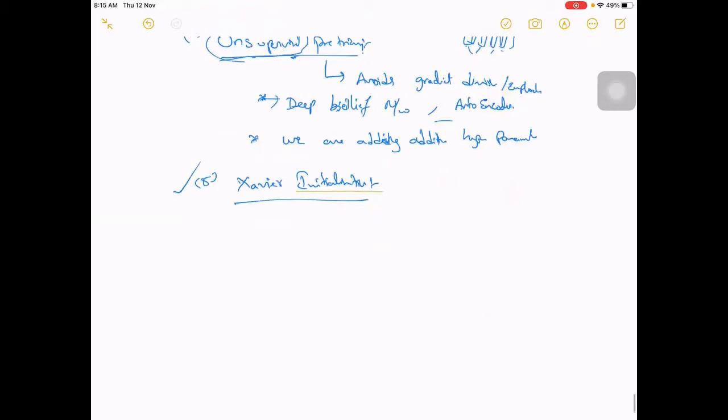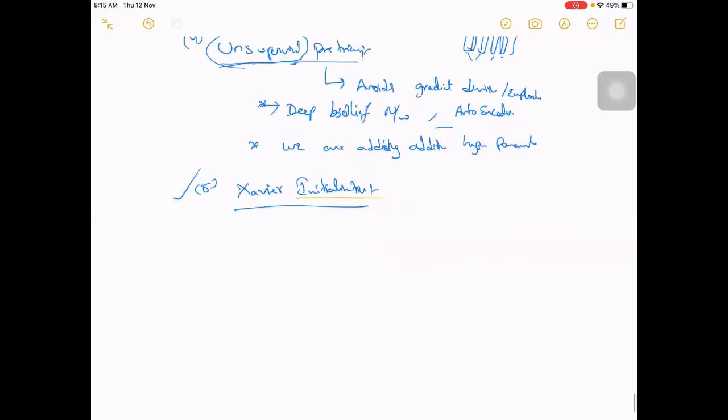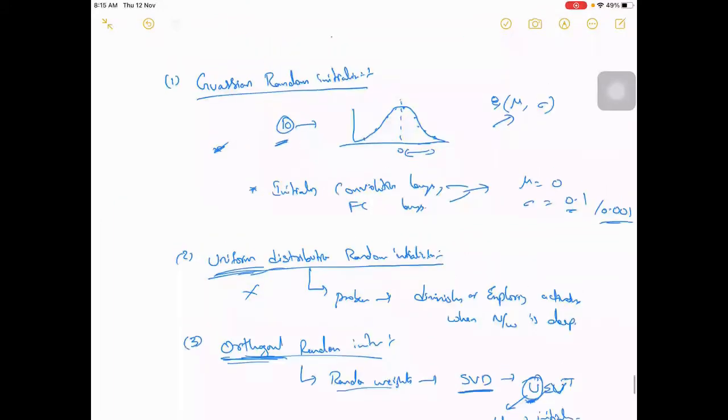Okay, so what it does is it is also a random initialization, but here we have to give the standard deviation, right?